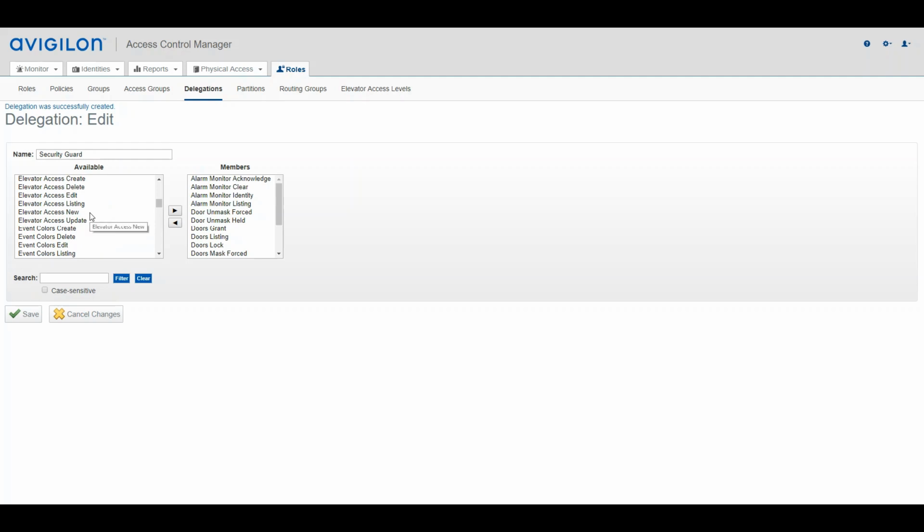If I don't know what it is, again, don't assign it, right? Elevator access. Do I need to do that? Maybe, maybe not. Maybe in my system I don't have elevator access, so then I don't do that. Event colors, event logs. If I'm not sure, here's something that I usually do. I select